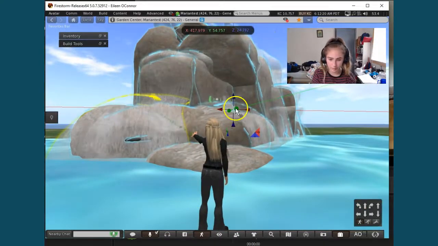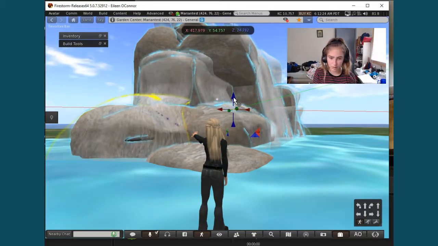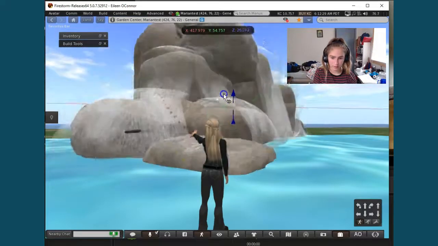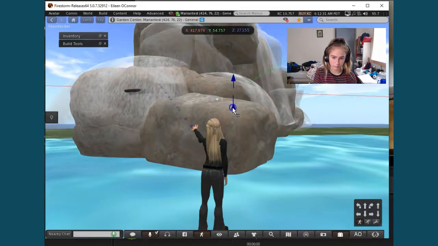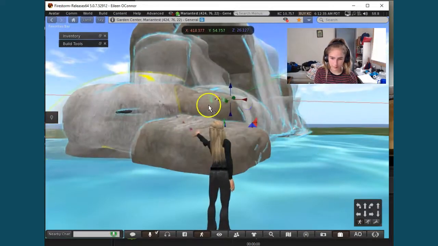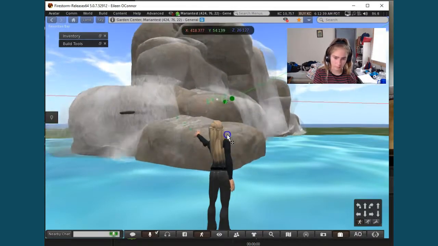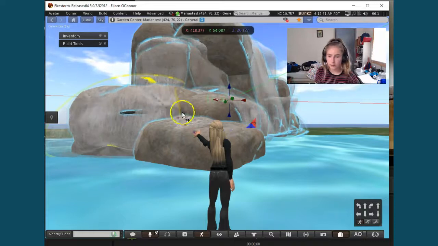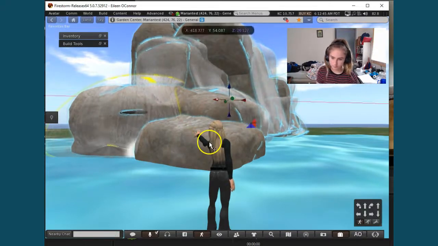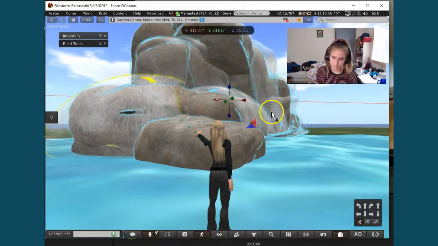So now you can move it. So now that I'm editing it right now, you can move it up or down with the blue arrow, and you can move it side to side with the red arrow, and you can move it back and forth with the green arrow. So another good trick to do is if you press Alt, if you press Control Alt,